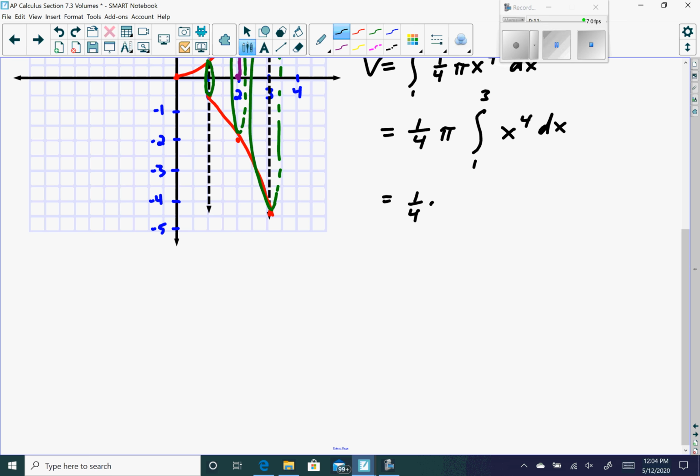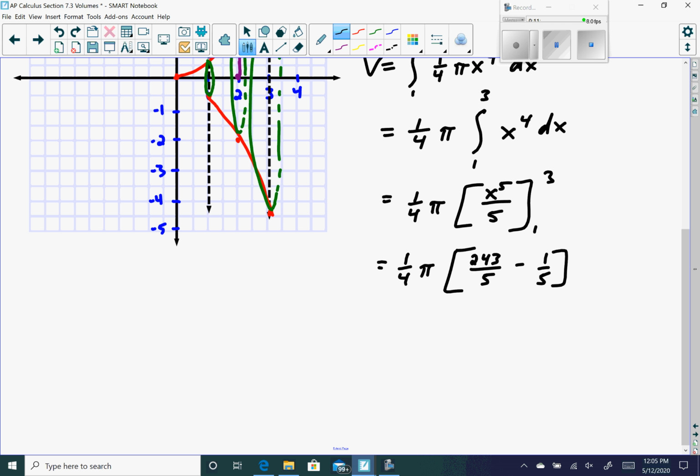And now this becomes 1/4 pi times x to the 5th over 5 from 1 to 3. So we get 1/4 pi times 3 to the 5th, which is 243 over 5, minus 1/5. So we get 1/4 pi times 242 over 5, which is 242 pi over 20,